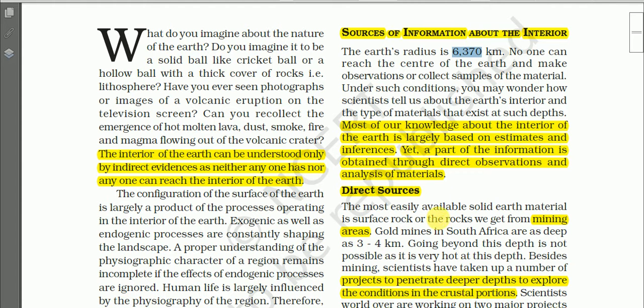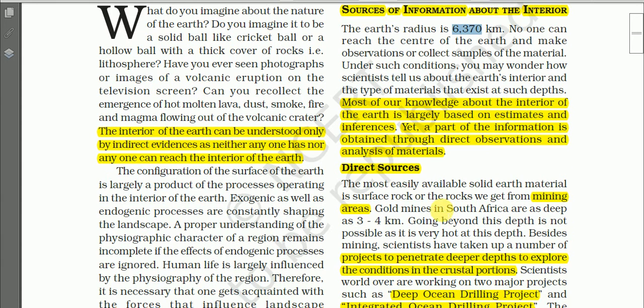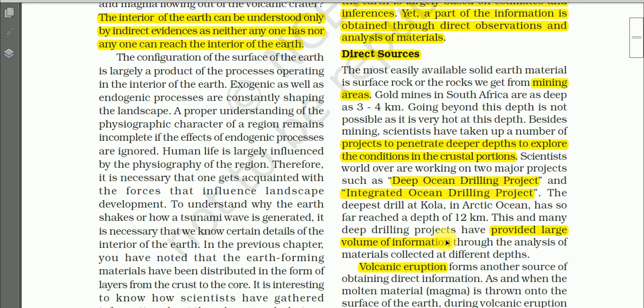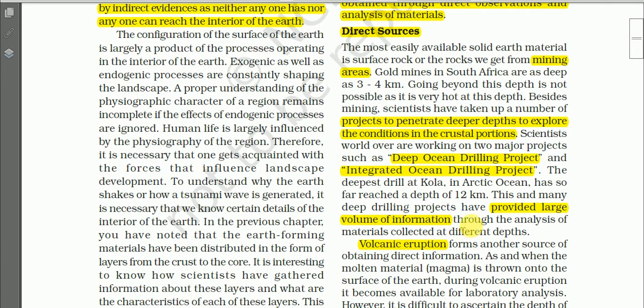This is the radius of the Earth, but we can drill only up to these 12 kilometers. Remember, however, this deep drilling project has provided a large volume of information through the analysis of materials collected